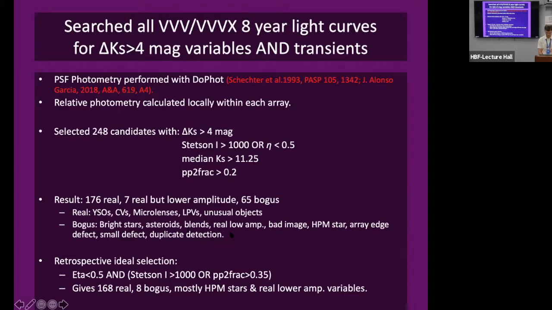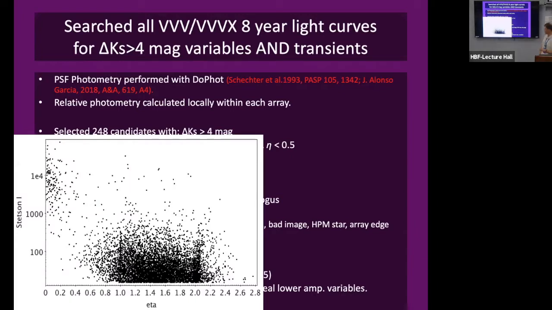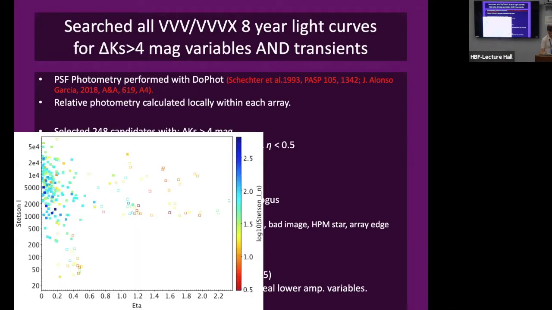Okay, so basically with those 2 indices, Stetson and Eta, my initial selection was giving me all of this. And so I applied the Stetson and Eta cut to get rid of all the junk and just pick up the real variables which are here. So that's an obvious cut. And the real variables are filled in and the false positives are open circles. And so the stuff which is here, there's a few real variables with the high values of Eta, these filled circles here, but all of these cases are